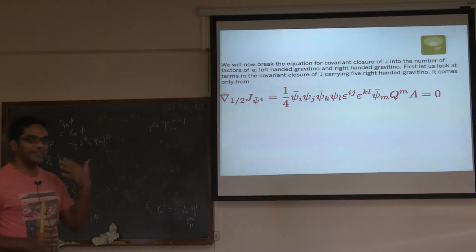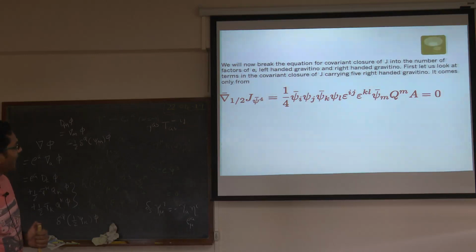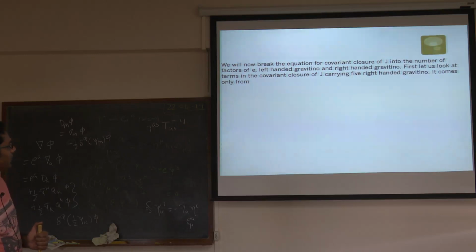So del of J is a 5 form, since J is a 4 form. Okay, so the number of Vlbines and gravity nodes should add up to 5. We start with a simple thing: del of J contains 5 gravity nodes and all 5 of them are right-handed. So that is only going to come from